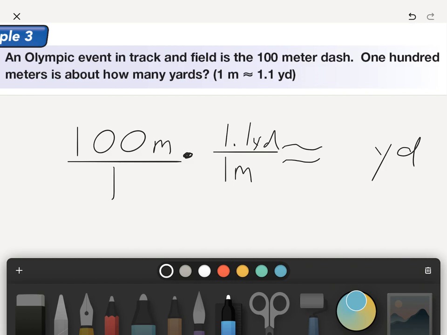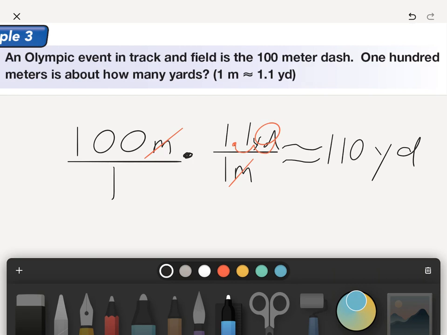All right. So this will allow me to do my cross-canceling goodness. And so I'm going to cross out my meters. And now I'm just looking at 100 times 1 1/10 yard. Which of course is just, if I'm multiplying by 100, I just need to bring my decimal over by 2. So just boinky, boinky. And so it'll end up being